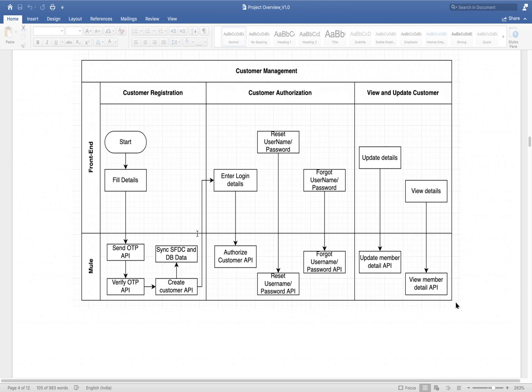Once the registration process is done, we go for login. The user will go to the login page and insert their credentials. There will be one authorization API, the login API, that will validate whether that particular customer is valid and whether the user ID and password exist. Based on that it will send an OTP. Again the user will enter that OTP. So these two APIs will be there again. We already created them earlier, so we are not creating them here.